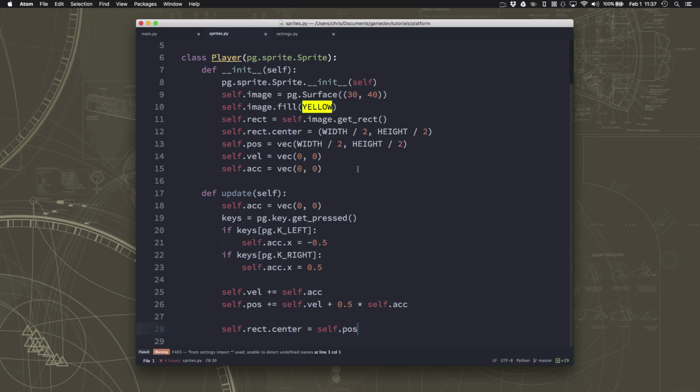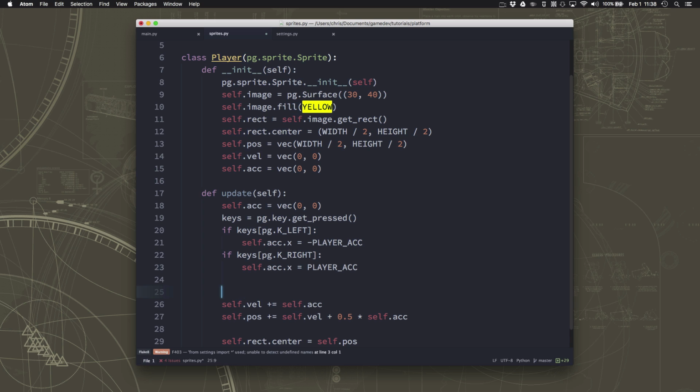So go back over here to player. So now our acceleration is just going to be player_acceleration. Oops, I put a dot, I meant an underscore. Player acceleration is what we accelerate at. And now before we figure out our new velocity and position, we need to adjust that acceleration by the friction. So our acceleration is actually going to